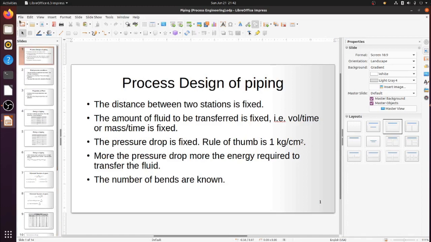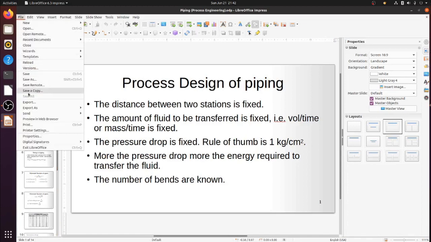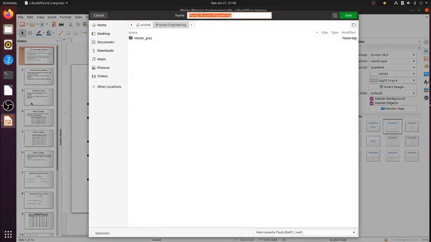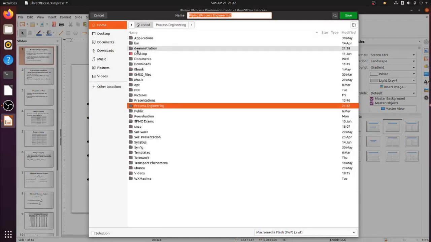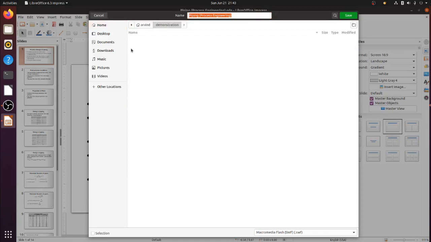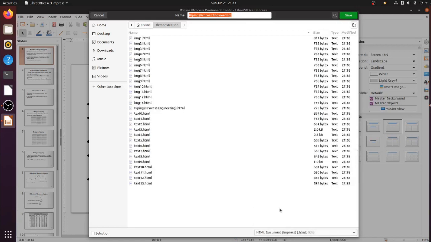We have to go to File, we have to go to Export and choose a folder where we wish to save the presentation. Now in this case, I would like to choose Demonstration as the folder, and in the bottom select HTML. Now there is already a presentation saved here, so let me delete it.